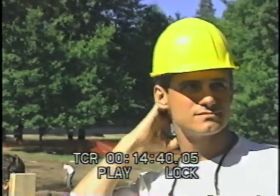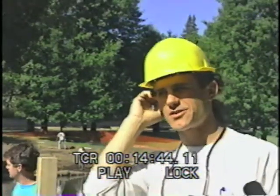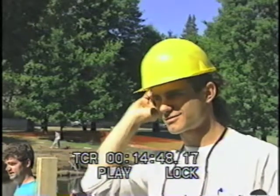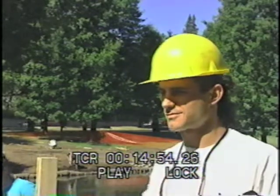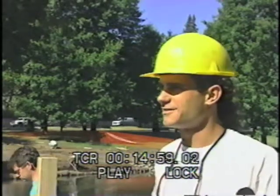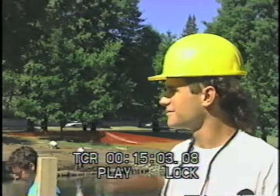perspective, that anyone designing a building ought to know how to build it. Yeah, it seems that way to me too. But how to drive a nail, how to screw in a screw, how to pour concrete, how to lay a brick. Right. How could you possibly tell someone else to do something if you don't even understand to do something? Yeah, this seems to me you can get into a lot of trouble that way. A good place to give some confidence